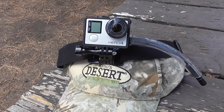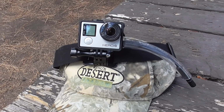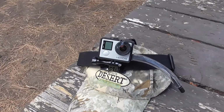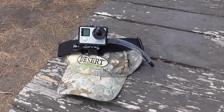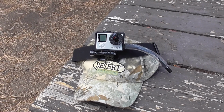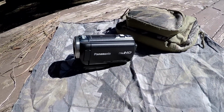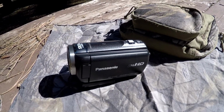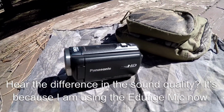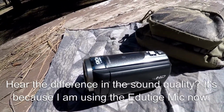And then I have another separate camera I use, and I'm going to have to film that with the GoPro to show you because I'm using it right now. It's a Panasonic V550 HD camera, and it has what the GoPro doesn't, namely a 90 power zoom. And here's the other camera I use, which I wasn't able to show you initially because I was using it to film with. It's a little Panasonic HD with a 90 power zoom,